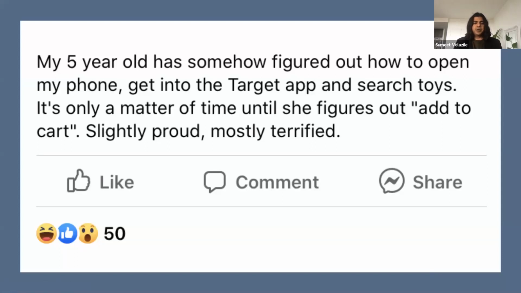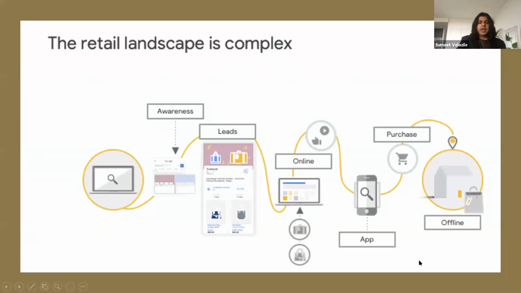But as we go on to the next slide, we can see that the retail landscape is very complex. And we can see that with the access to so much information that we have on our phones now, it's very difficult to have a clear linear user or consumer journey that you can tap into. And if I go on to the next slide,